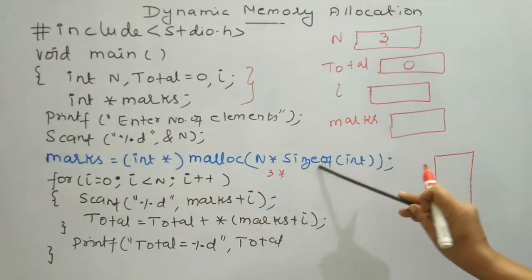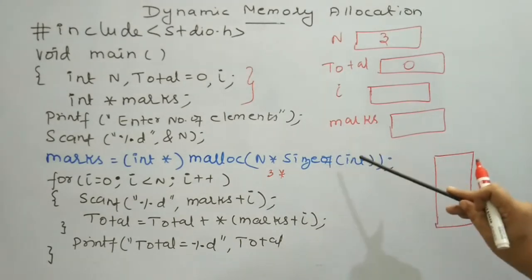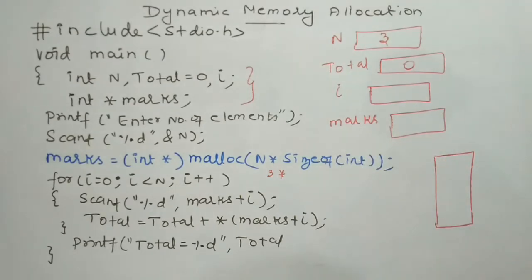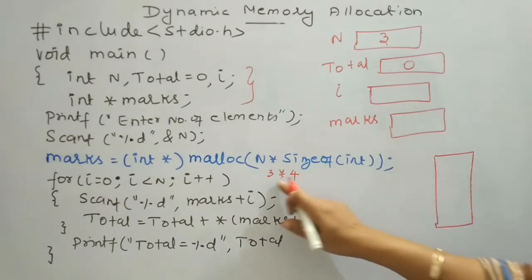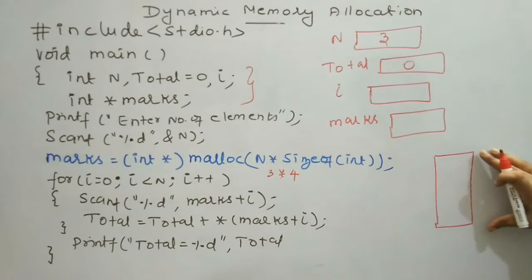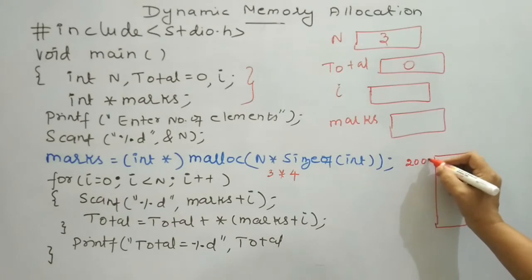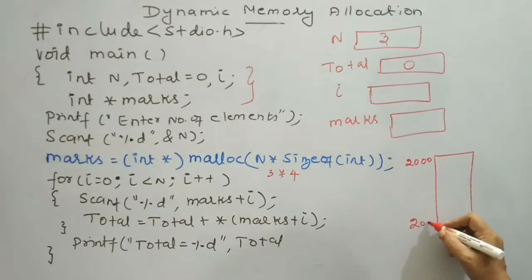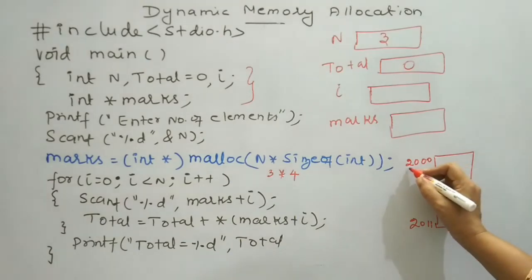What is this sizeof function? The sizeof function returns the number of memory addresses used to store an integer value. Since I have specified int as the parameter, it will return 4, since the compiler reserves 4 bytes of memory to store an integer value. So 3 into 4, 12 bytes of memory block will be reserved. Starting from a memory address, for example 2000, then 2000 to 2011. 12 consecutive memory addresses will be reserved by the malloc function, and it returns the starting memory address,